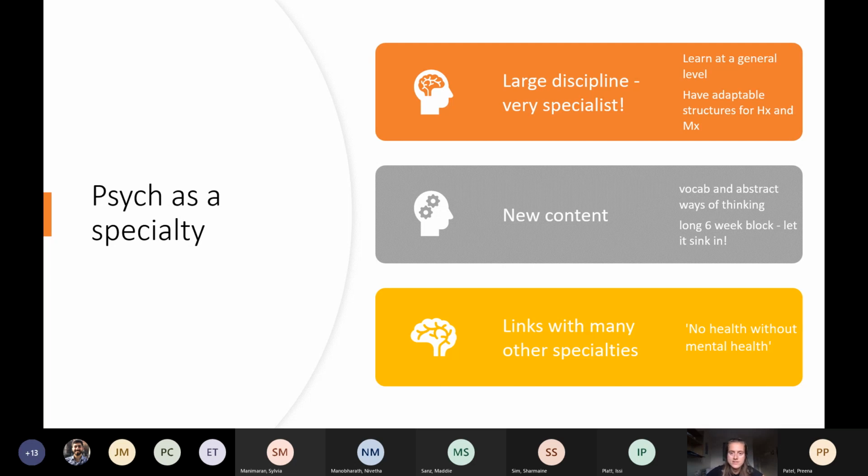And it just links with lots of other specialties. You realise that people often have multiple comorbidities, and mental illness is usually one of them. I'm not sure if anyone's heard of the phrase no health without mental health. It was a government strategy from about 10 years ago, and I didn't quite get it until this year, but they were doing it on the basis that we'll increase productivity if we spend a bit on mental health. But when you do your placement, you'll realise that it is quite an underfunded